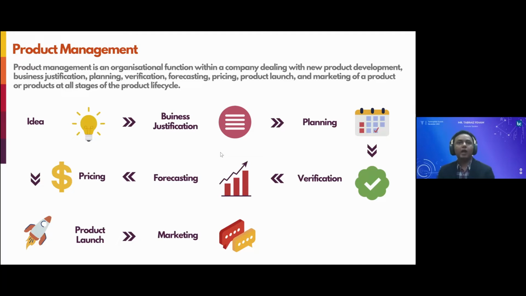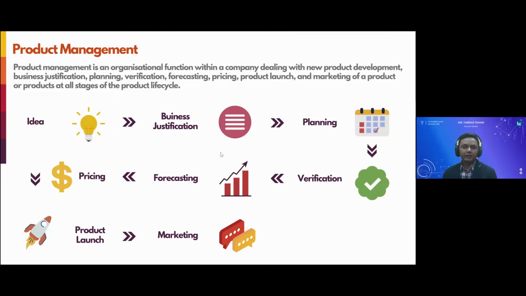So it's all about justifying your business, and then you would plan your idea: how exactly you are going to develop it, how many resources you would need, how much time you would need to actually develop a prototype, and to be convinced that it is a product that can sell, that you can take to the market, and make revenue and profits out of. So it's part of this planning phase.